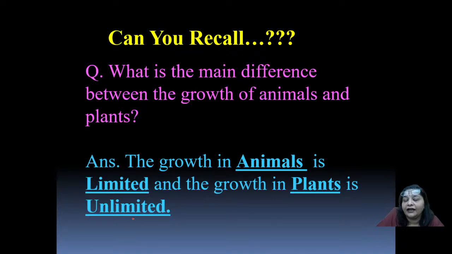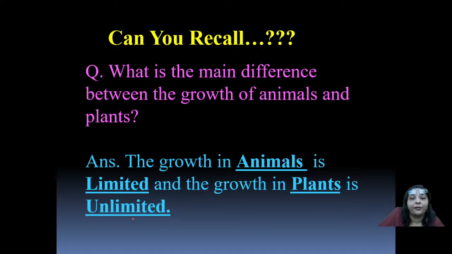Because the part of the plant which is not visible above the soil, that is the root system, is still there. You cut down the shoot system of the plant, doesn't matter, the root system is still there, holding the life in it,